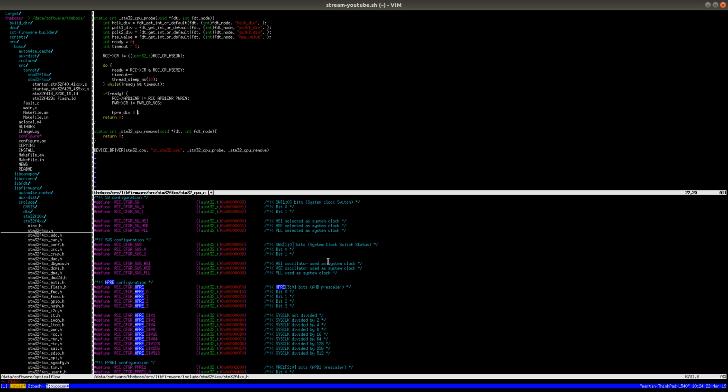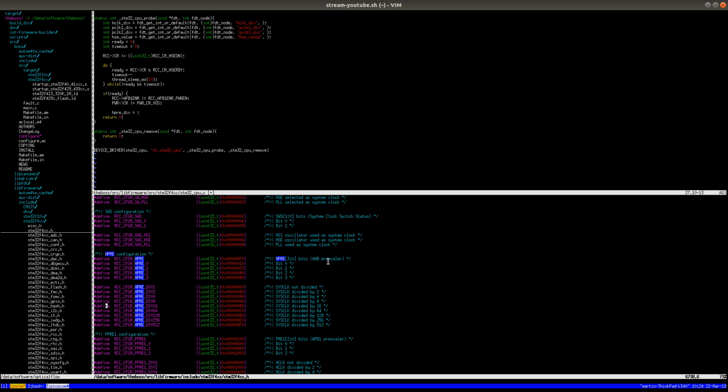Actually, that doesn't even make any sense. That would just be very confusing. I think it's better to specify actual division factor in the device tree instead of specifying some bit values. So we should just go with this. So I'll do the same implementation that I originally envisioned for this. So we have FFS of the hclock div, which will find the first bit that's set, and then we need